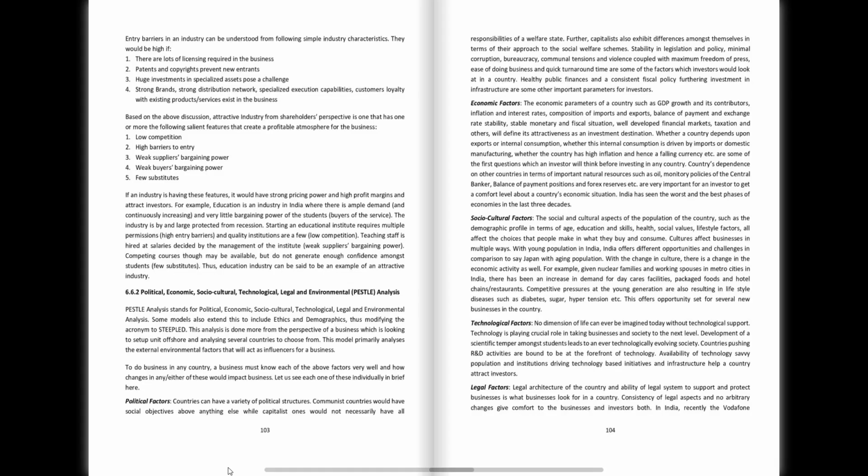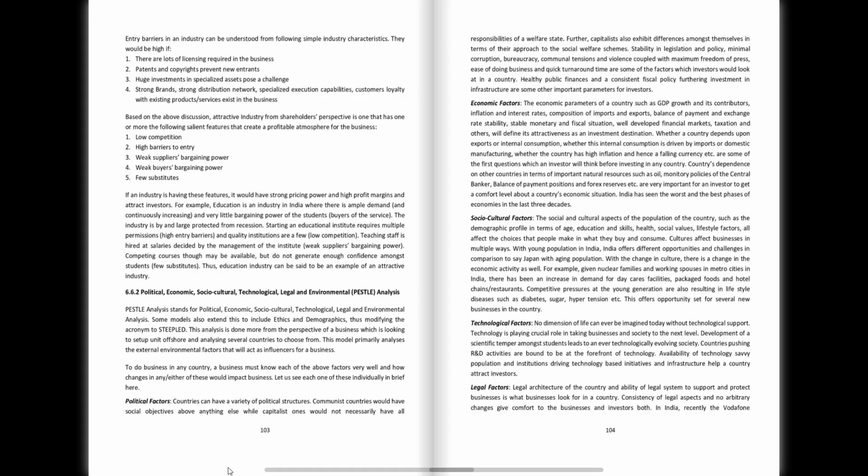Based on the above discussion, an attractive industry from shareholders' perspective is one that has one or more of the following salient features that create a profitable atmosphere for the business. 1. Low competition. 2. High barriers to entry. 3. Weak suppliers' bargaining power. 4. Weak buyers' bargaining power. 5. Few substitutes. If an industry is having these features, it would have strong pricing power and high profit margins